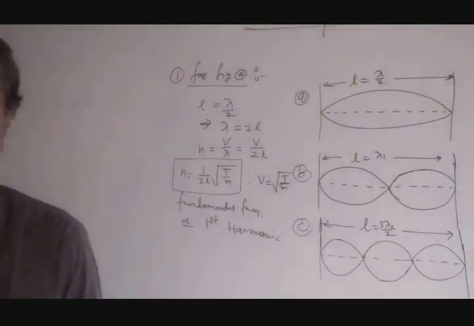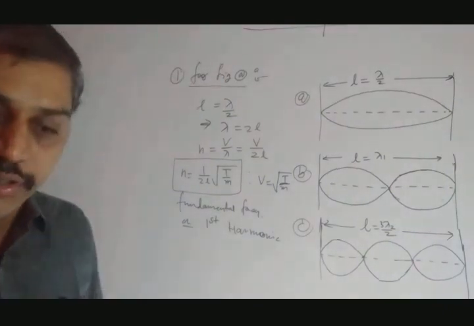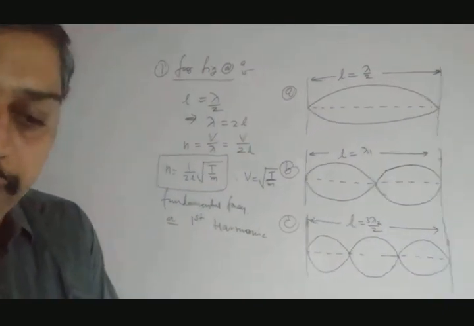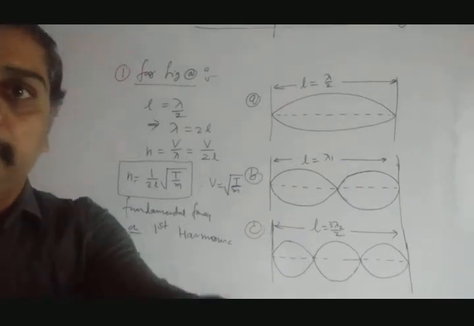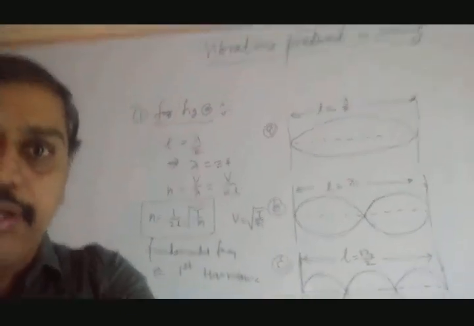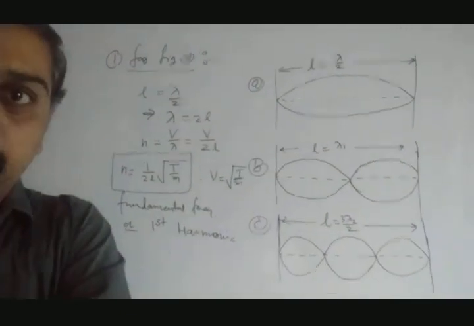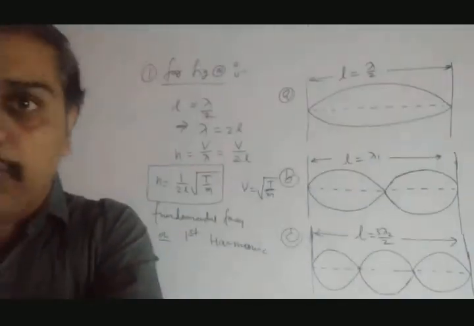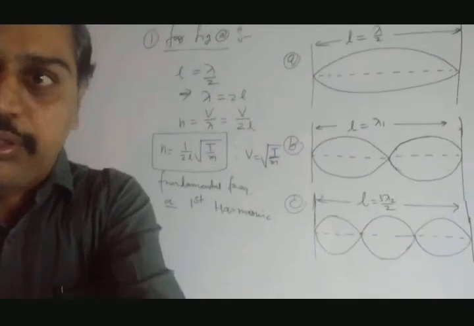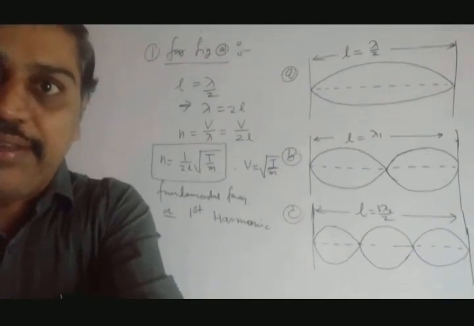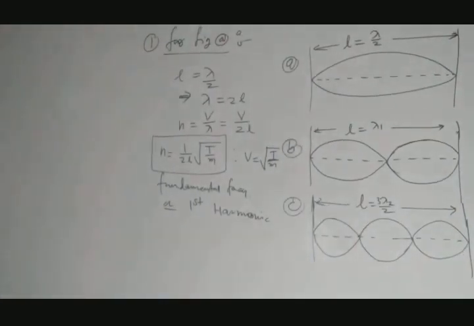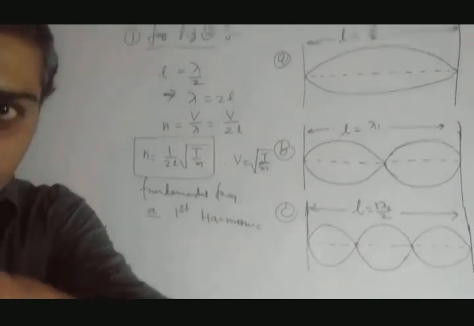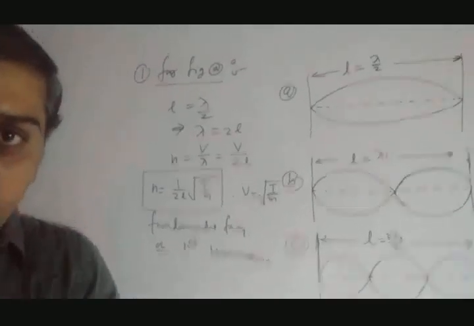For figure 2, let's go to figure 2. So I will write down here for figure 2. Let's go a little bit here. The next topic is that for figure 2 we have to derive. So write down for figure 2 here. And let's start again. So for figure 2, what can we do? That we have to see here. The same way we have to derive the equation for figure 2. How they will derive the equation, that part is remaining, and that we are going to do now.